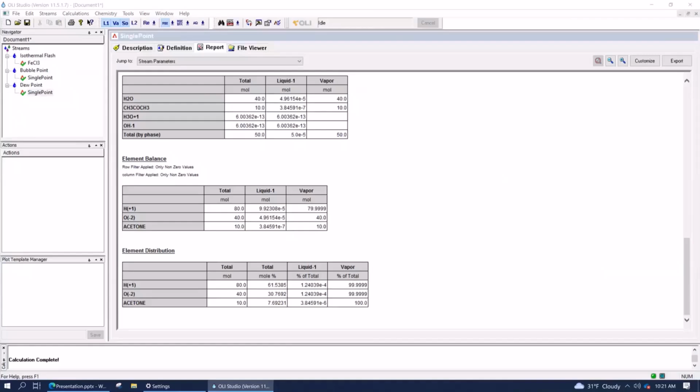envelope, I want to actually look at what's happening when you have two phases of reasonable quantities. So for example, let's say I wanted to look at the acetone water mixture when it was 50-50, 50% in the vapor, 50% in the liquid phase. How do we do that? There are two ways we can do it. We can either do it as a fraction of the material or the total moles of the material.